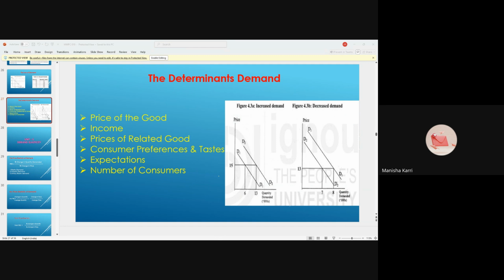Whenever the consumer's income rises, automatically his purchasing power also rises, and it leads to demand for the product and buying more quantity of the same product or some other groceries, okay,